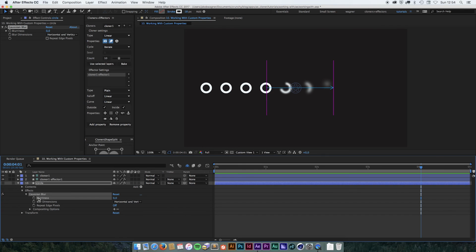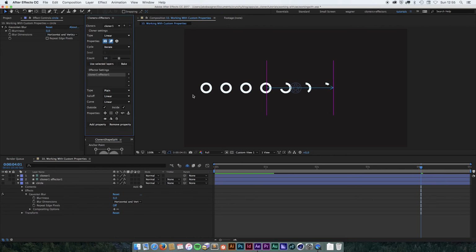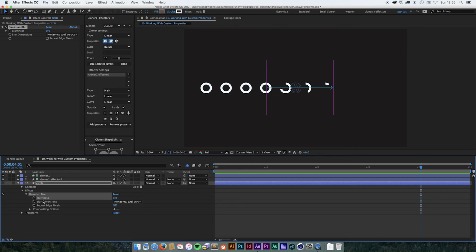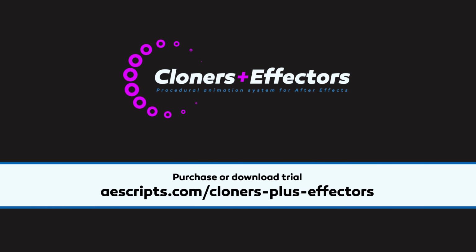So select the blurriness property, click remove property, and it's going to be removed. So both add property and remove property work the same way. You have to select the property on the original layer, click add or remove, and you're going to add or remove it. So that's pretty much how the custom